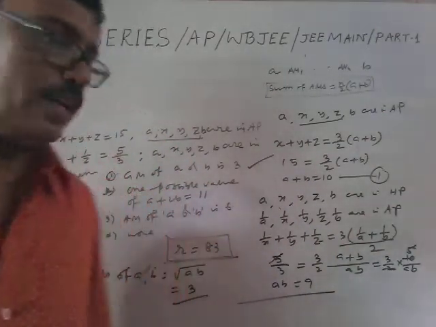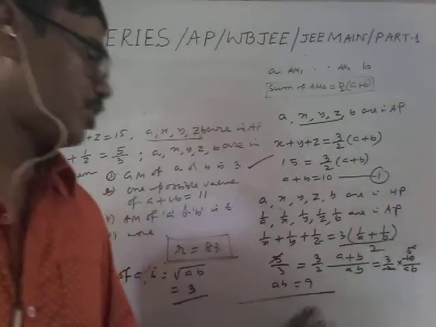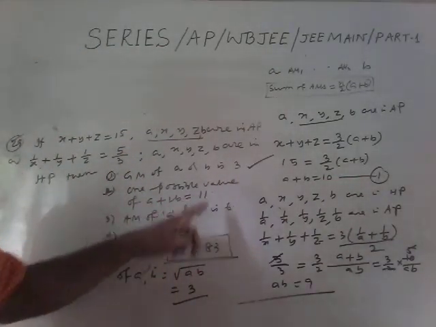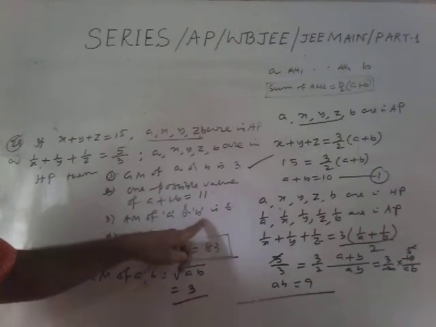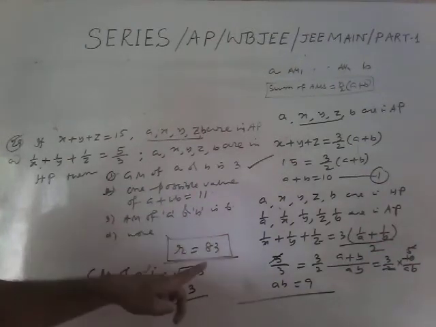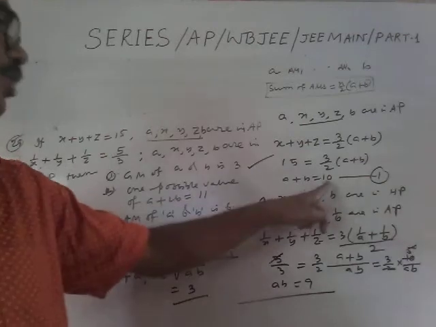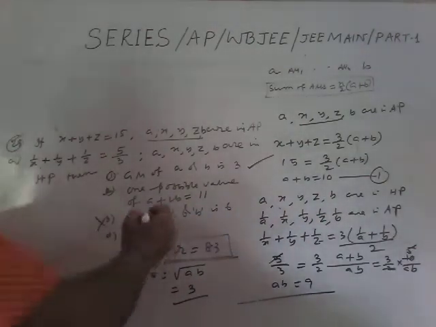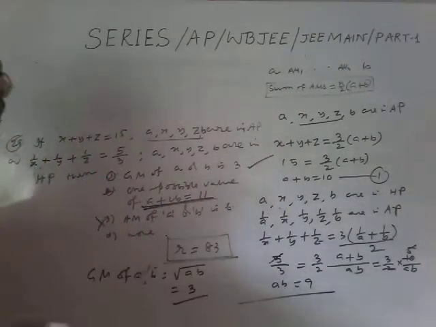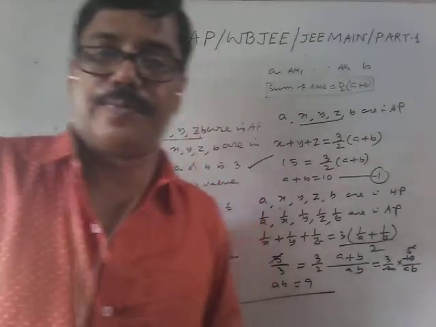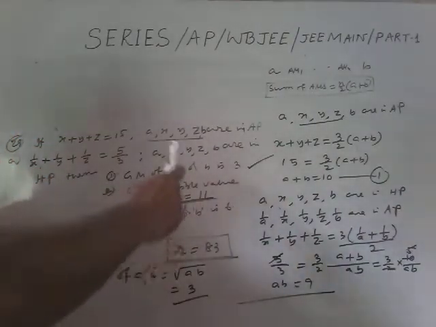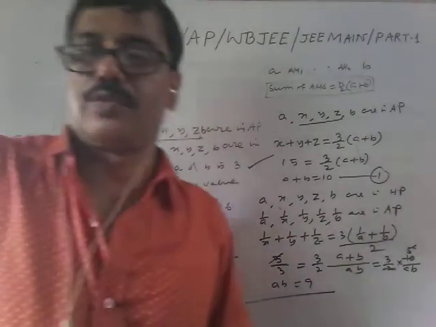Similarly, solving these two equations, we can find a and b. So we can check the AM of a and b, which is (a + b)/2. So (a + b)/2 is 5, so this one is not correct. You verify the second one by solving this. So these are combinations of AP, HP and so on.